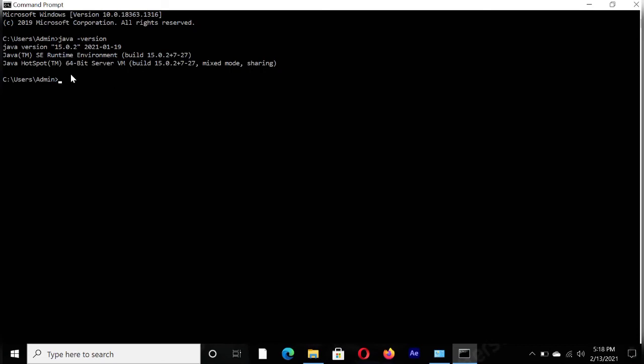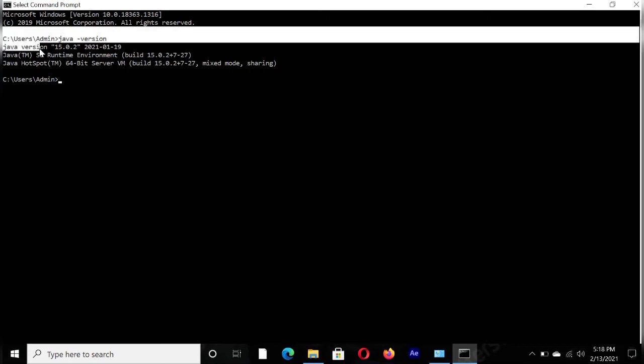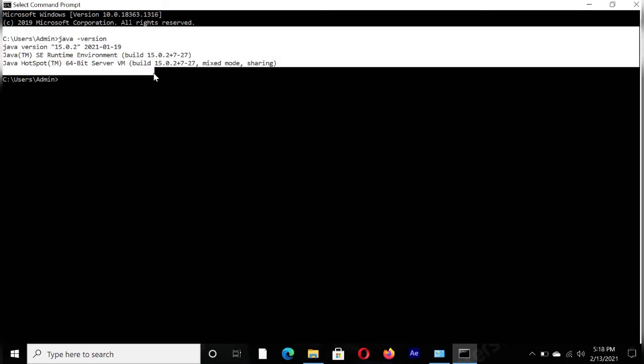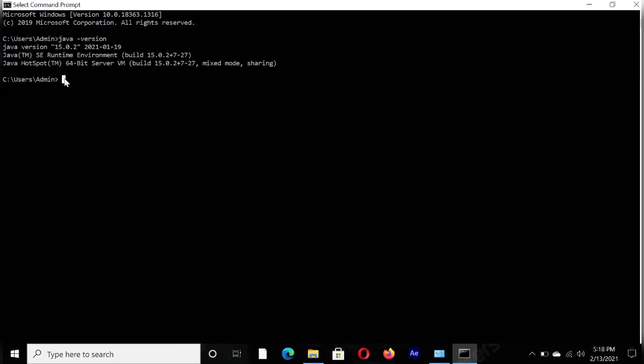See here, let me highlight this. Java version 15.0.2. Here see Java runtime environment, Java HotSpot. Before this we got errors, but now it is showing the Java runtime environment, Java version and Java HotSpot. It seems that Java is installed in my laptop.